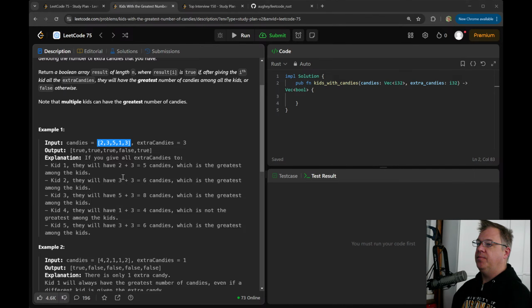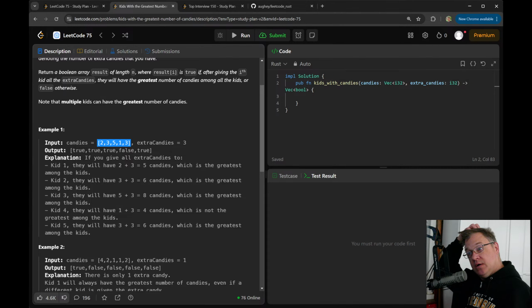At best, that should be a u32. Just going to do it. We're going to return a vec of bools. There. So this should compile but fail. Good.